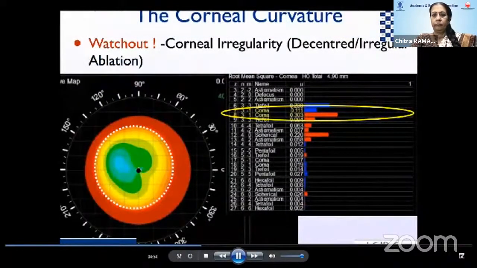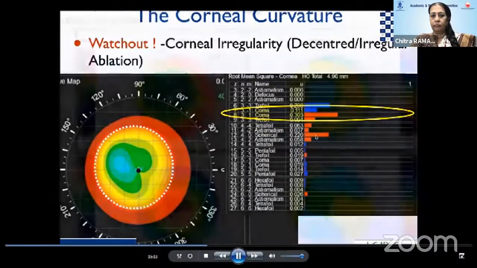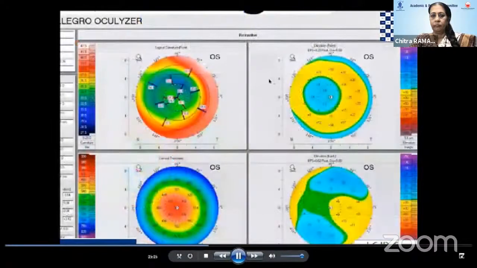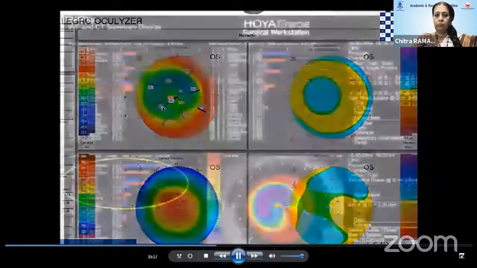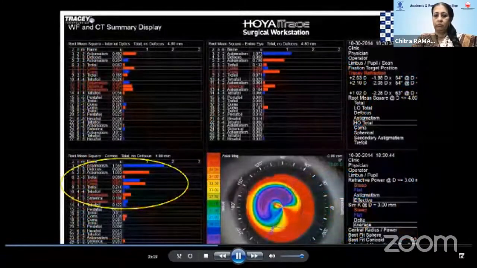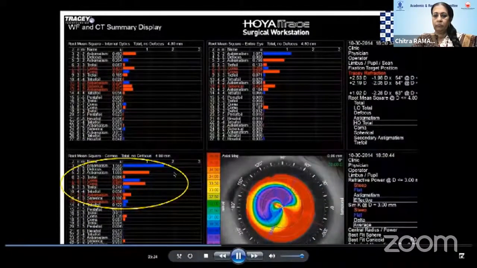The shape of the cornea also determines the aberration profile. If you notice here, the ablation has been a little bit more decentered, leading to more coma and more higher order aberrations in this patient. This is becoming less and less common because of the improved pupil tracking devices in the newer generation lasers, but still you will come across certain patients like this with decentered ablations who keep complaining about poor quality of vision. And this is the aberrometry of that same patient, showing how much this decentered ablation is actually affecting